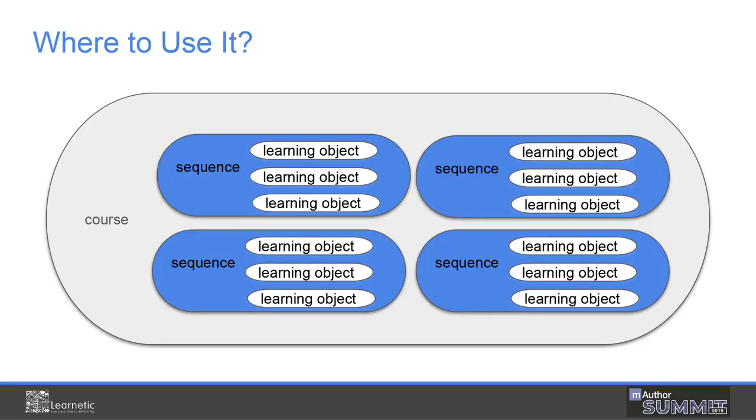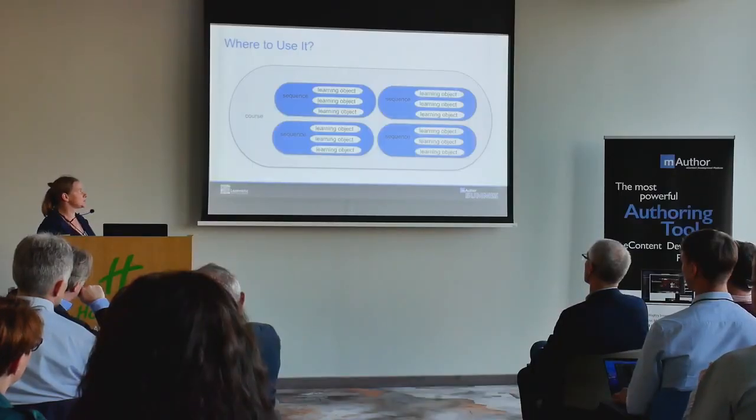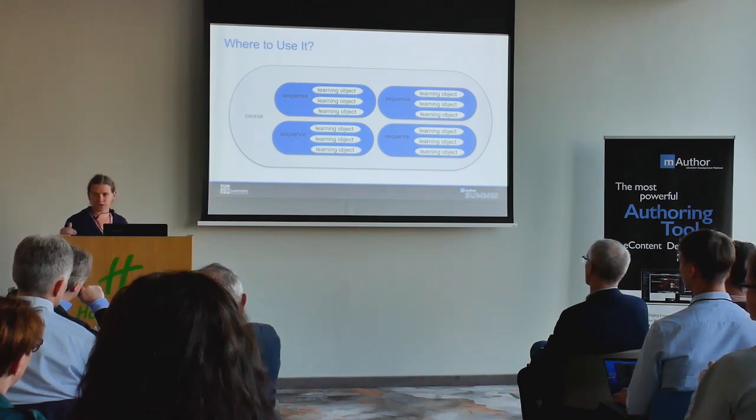Where can we use this in the content? The content is built from learning objects. In mAuthor, this is just one page. Many pages create a sequence of pages, and from the sequence, the lesson, you can build a course. And the adaptivity can be used on each of these levels. It can be used on a learning object level, so on one page. It can be used on the level of sequences, or even on